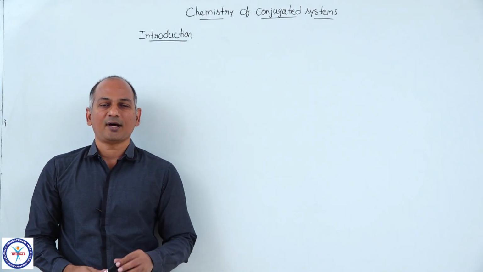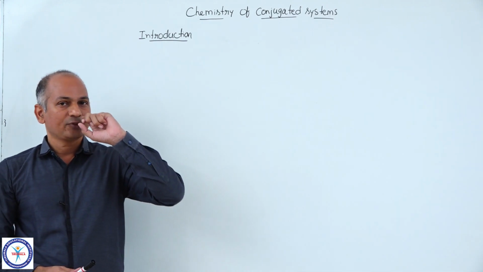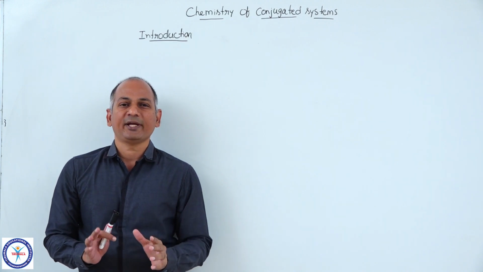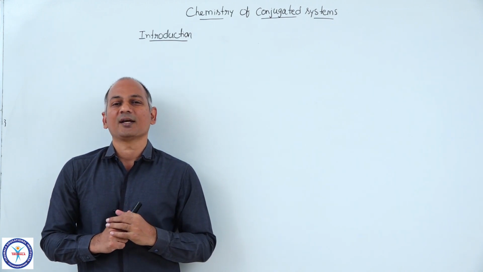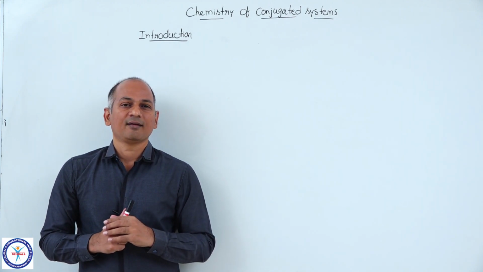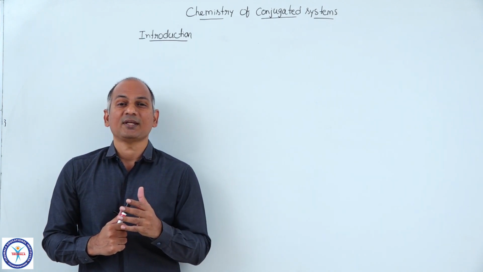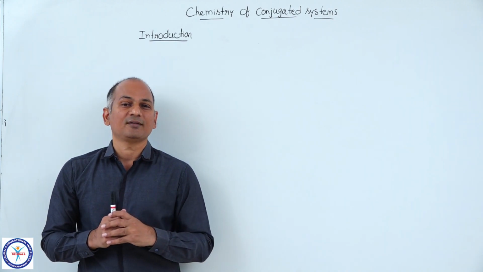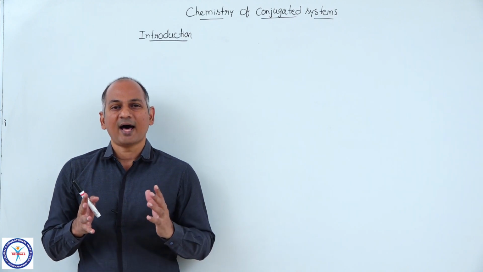Now come to the third aspect in that introduction part. So all of you recall, what is the reason behind the color of some inorganic compounds? Many inorganic compounds are colored, and why? What is the reason? And similarly, if you come to organic chemistry, even in organic chemistry also, few compounds are colored. So why does color arise in organic chemistry?